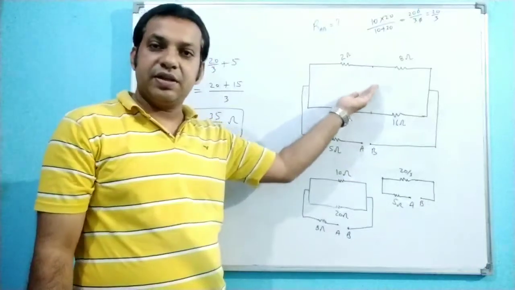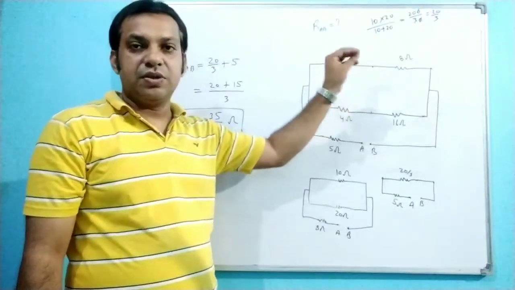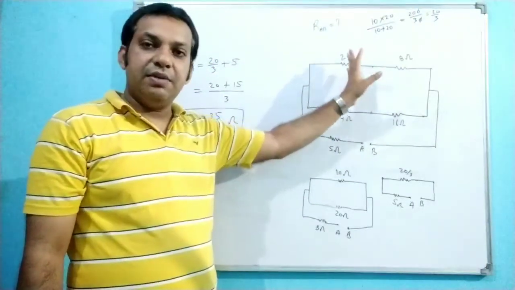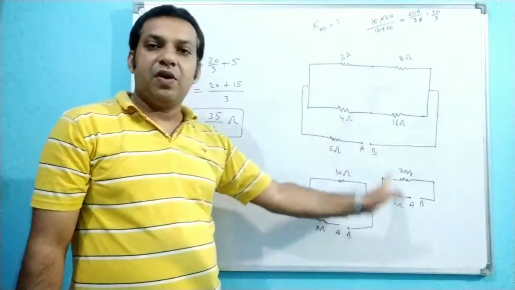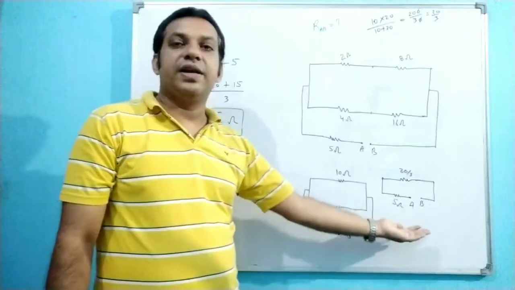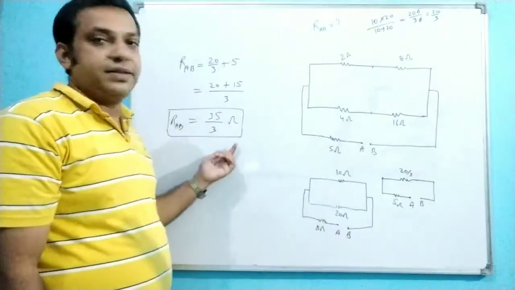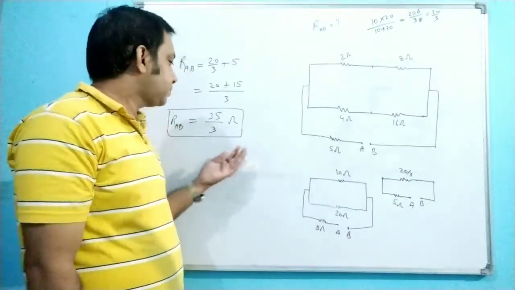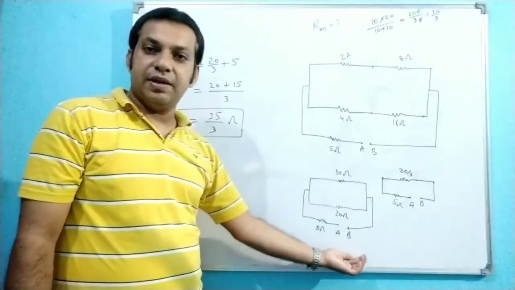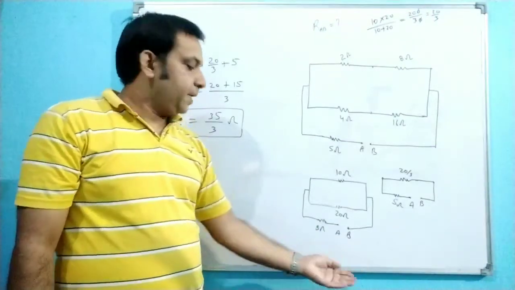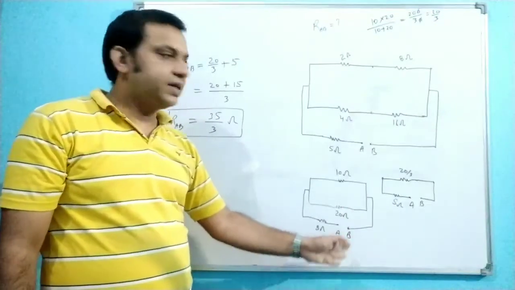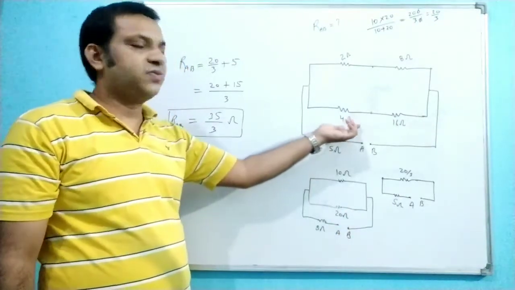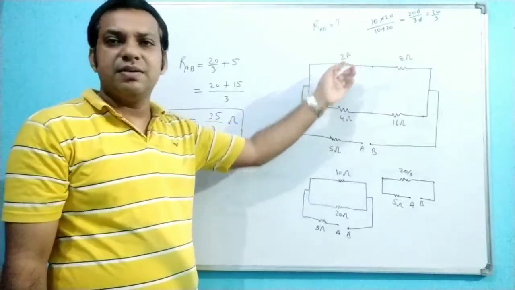So it is a condition for the balanced Wheatstone bridge. So the middle resistance gets eliminated, and after that this circuitry is simple. Simply with the process of series and parallel combination, you just find what is the net resistance offered across this terminal A and B. Right? So in place of AB, a cell may also be connected. If a cell is connected and you are asked what is the current flowing in this 4 ohm resistor or this 2 ohm resistor, simply you can find.